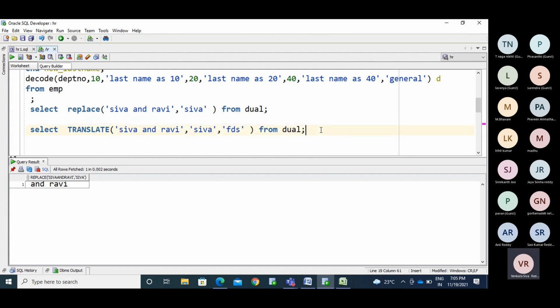Okay, so this is about translate. So what is the difference between replace and translate? Replace will work with the whole string. It searches for the whole string and replaces with the total string. Translate will work with character by character replacement.